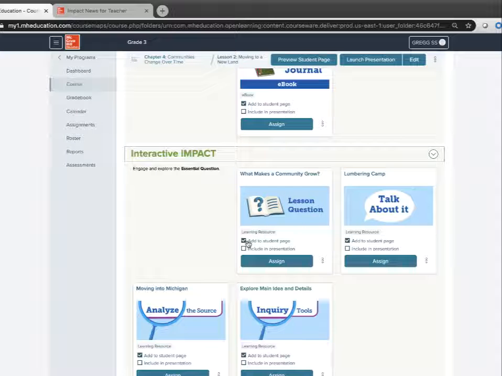What this indicates is that if you already have students set up in classes, and you would know that by looking right here where it says roster. I encourage you to go to your own accounts, look at roster, and you would know then if you have classes set up and if students have their own accounts. When that student in that class logs on to their Impact Online, they are going to see only the resources that you as a teacher have designated for them to be able to view and see, which is so great because it gives you